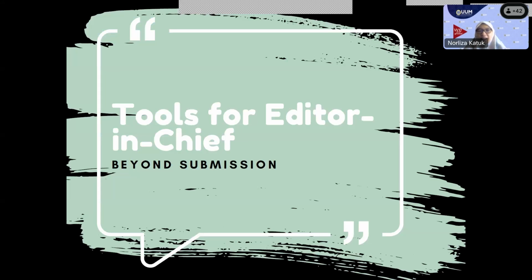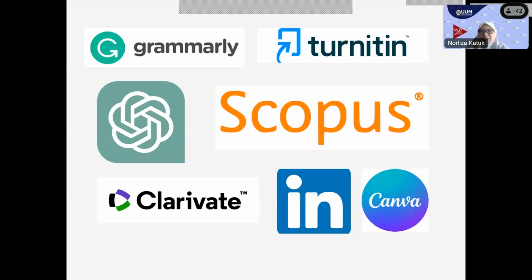I'm also sharing the tools that I use to help me run my role as editor-in-chief. Here are all the tools. I have Grammarly. Of course, when I open Grammarly embedded in Microsoft Word, I will see spelling mistakes, for example inconsistency in UK and US spelling, and missing commas or periods. Those things can be easily detected. Therefore, sometimes when I look at the papers,